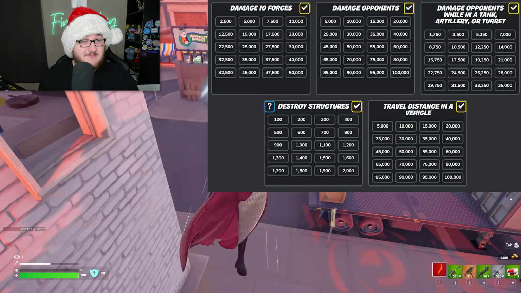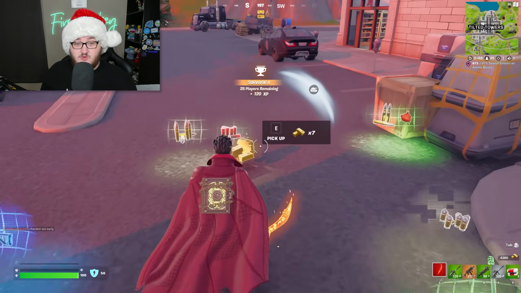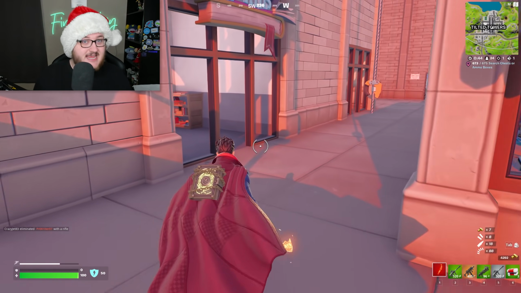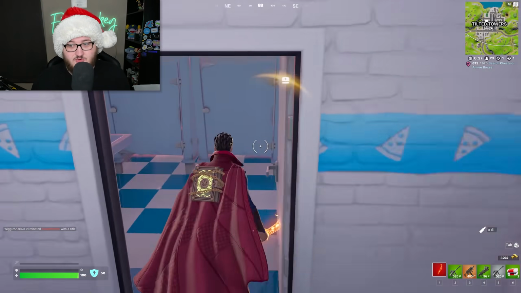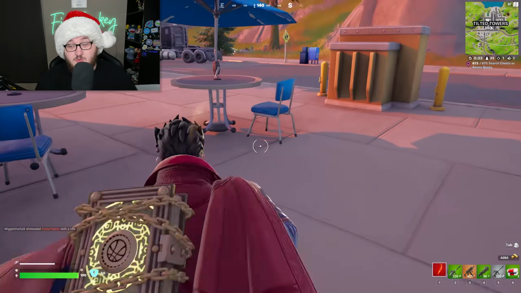And this one is as simple as going to the fortress every single match you go into. The reason why is because at the fortress you're finding IO guards, you're finding a guaranteed tank that no one else is driving, and by shooting the IO guards, not only are you going to get the damage IO forces milestone worked on, but it also counts for damaging opponents, it also counts for damaging opponents while in a tank,